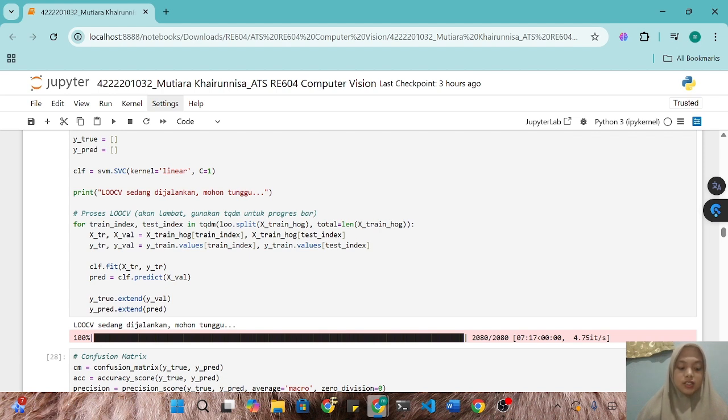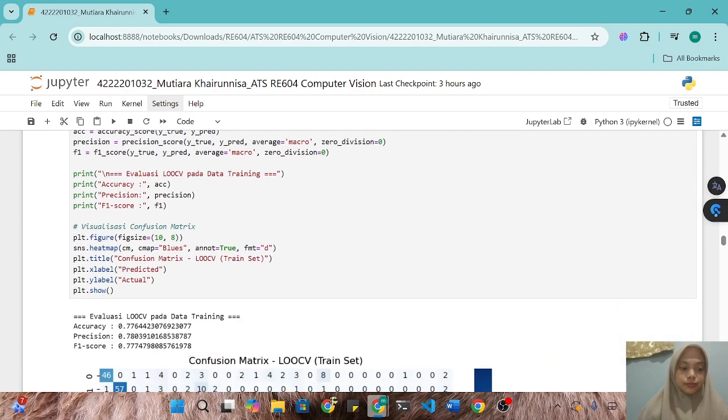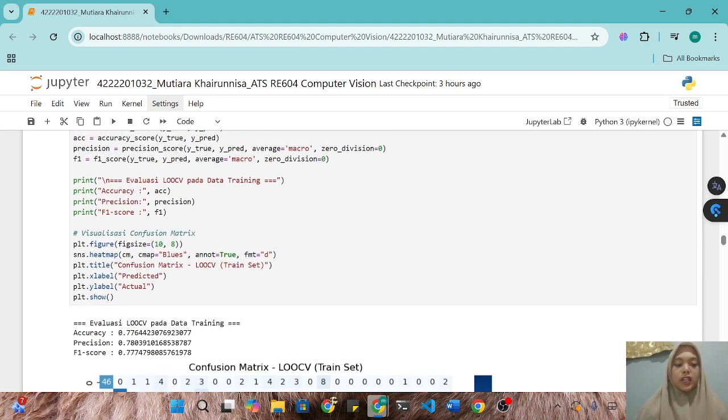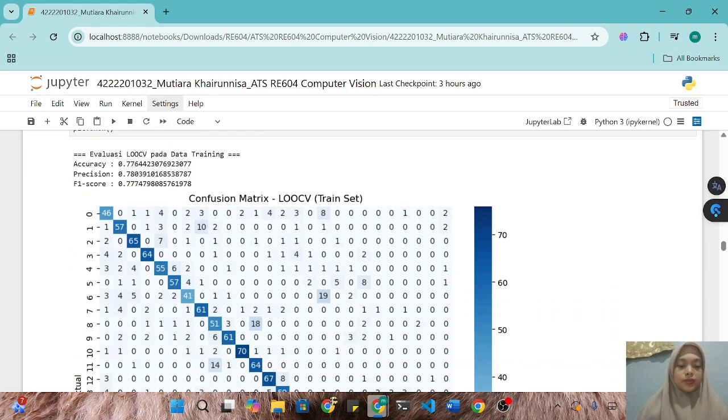The predicted and true labels are collected and evaluation metrics are computed. The result of LOOCV evaluation on the training data is accuracy 77%, precision 78%, F1 score 77%.